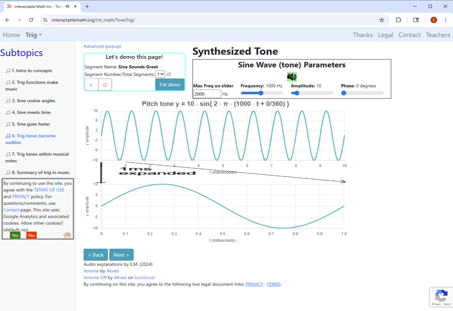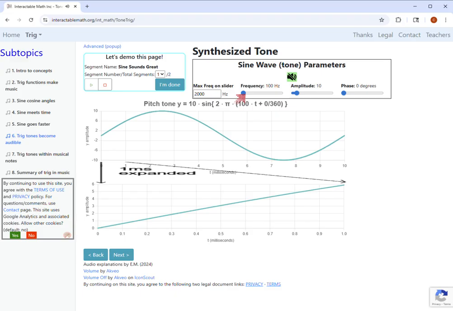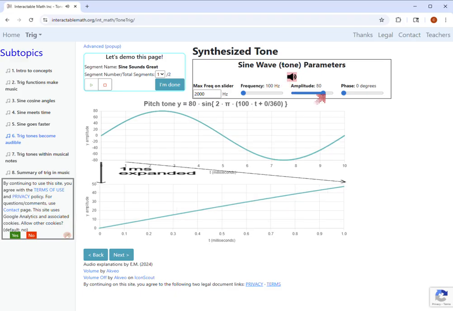tone sound. Some humans can hear down to about 20 Hz, but most inexpensive speakers can't handle frequencies below 100 Hz. I'm using my big red cursor to set the frequency to 100 Hz and play the tone. Now I have to crank up the volume for most people to hear it. You may need to crank it up even more. If you listen carefully, it sounds like a low rumble of a bass. A trombone and a guitar are two instruments that can play notes with a pitch this low.